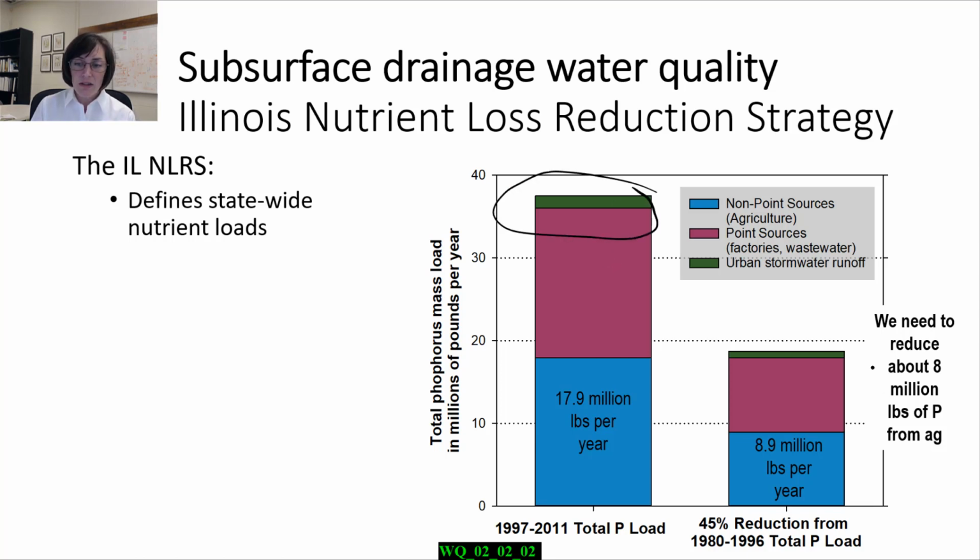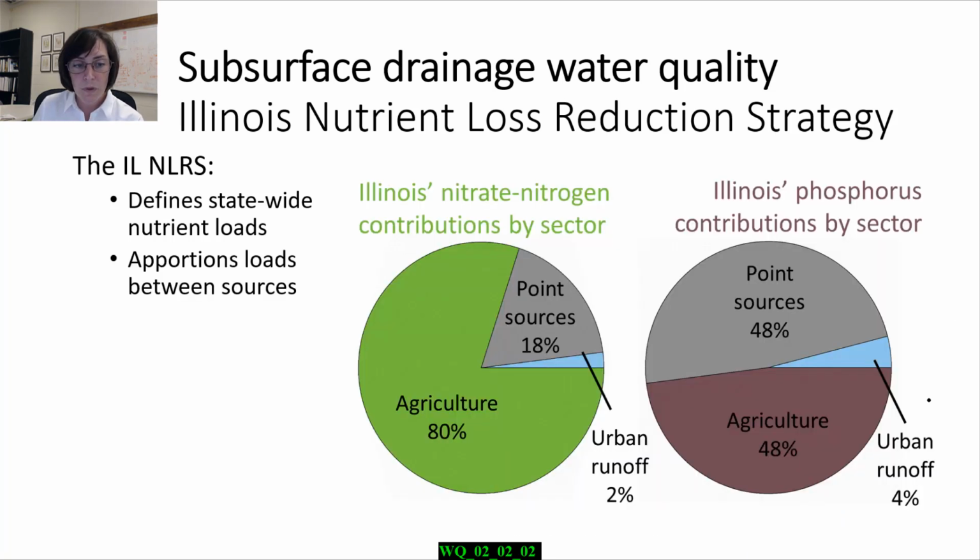From ag, we need to reduce the amount of P we send downstream by about 8 million pounds. Another thing our nutrient strategy does is that it apportions loads between sources. And you could have pulled this information out from the last graph, but